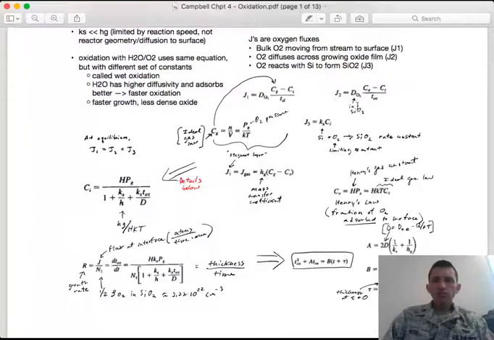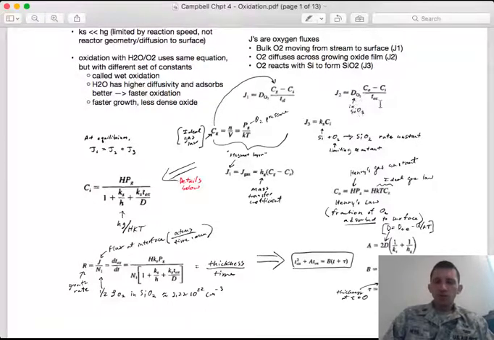And then J2, remember, is the oxygen diffusing through the growing oxide layer. So in this case, we will use the more traditional Fick's first law kind of expression, where we have a diffusivity through the oxide layer. And this diffusivity takes the form that we saw previously with diffusion, where we have a constant times an exponential with an activation energy and temperature. So like I said above, this diffusivity is going to grow with temperature,